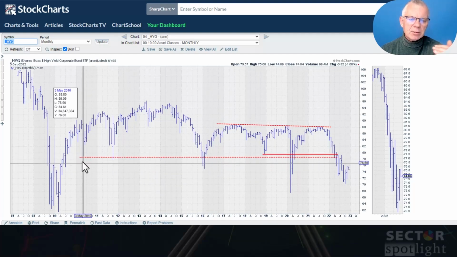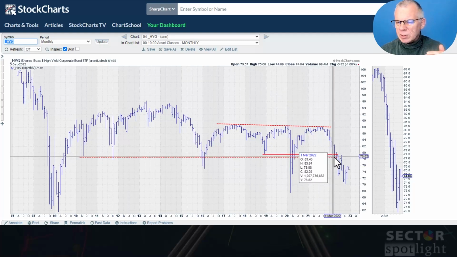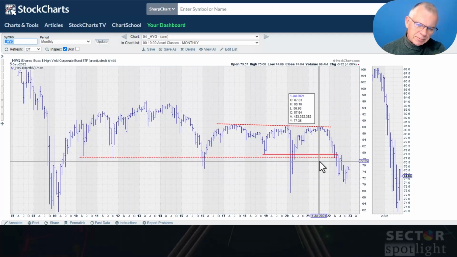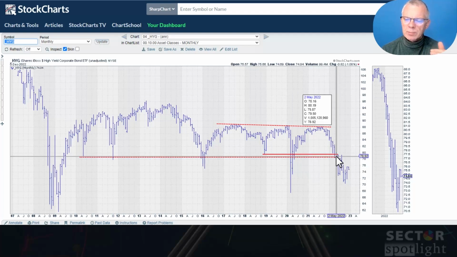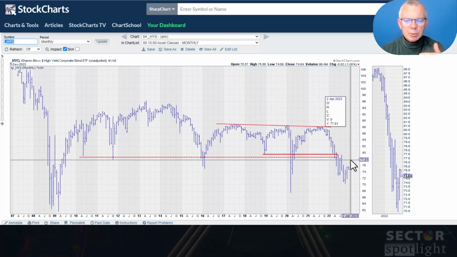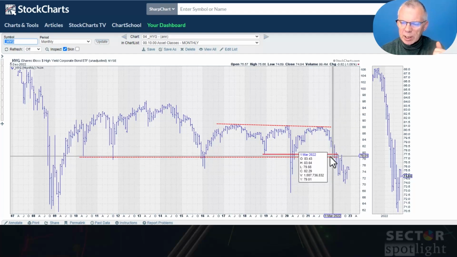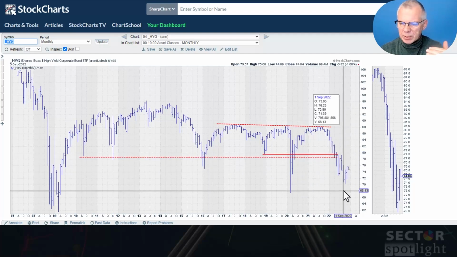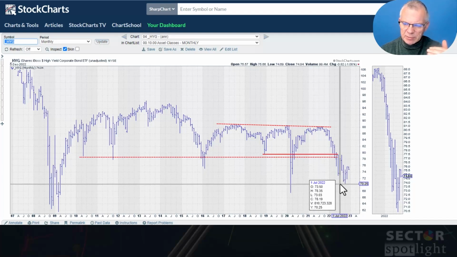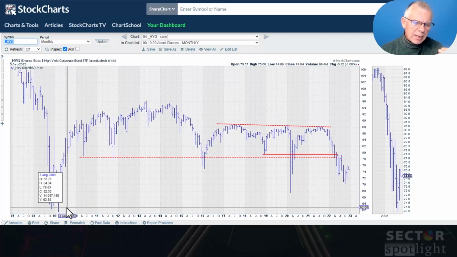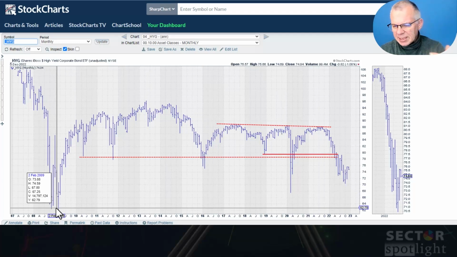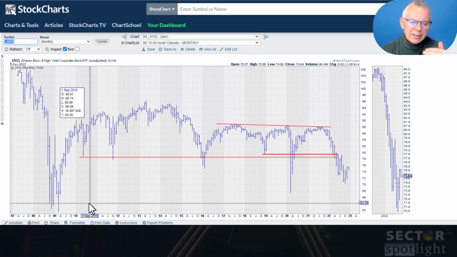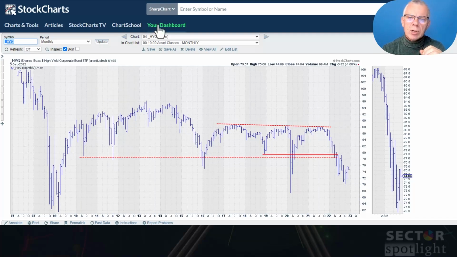That's a level that went back to 2010. That's broken. So the upside potential, if we just follow the rule that all support becomes resistance, for high yield bonds is fairly limited, while the downside obviously is wide open. There is a new support level being formed around 70, but we went as low as 60, 62 back in 2008 and 2009. So the outlook for high yield bonds at this point in time, not very strong, I'm afraid.